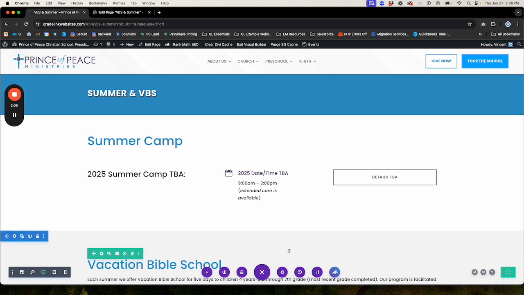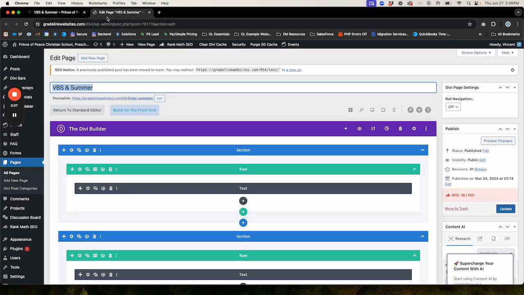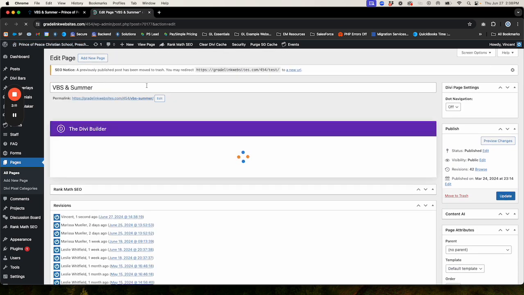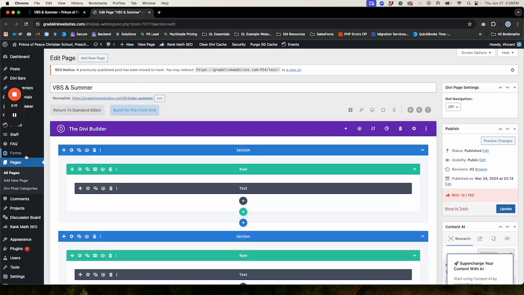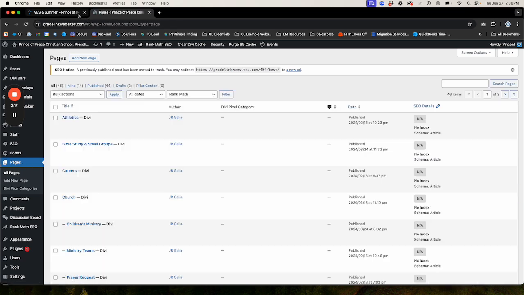Now if you update it this way, it will also update on the back end. So if I refresh this page, it should actually update that as well. Now that brings me to,